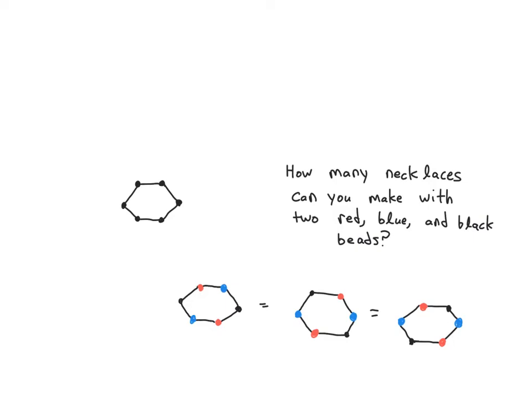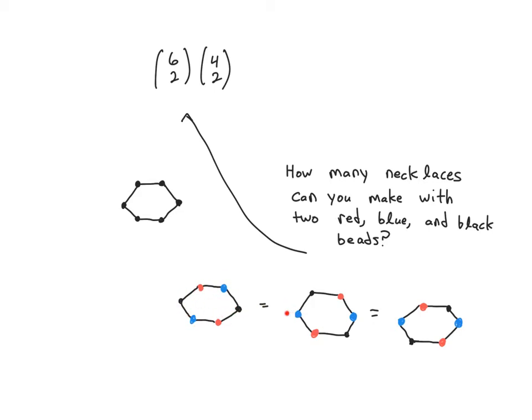So here is a motivating question for my subject that will lead us through several videos in a row. How many necklaces can you make with 2 red beads, 2 blue beads, and 2 black beads? And note, the point is that in general, if you've had a combinatorics class, you might say the answer should be 6 choose 2 times 4 choose 2. You choose 2 of the 6 places to put the red beads, and then 2 of the remaining 4 places to put the blue beads. But that's not correct because